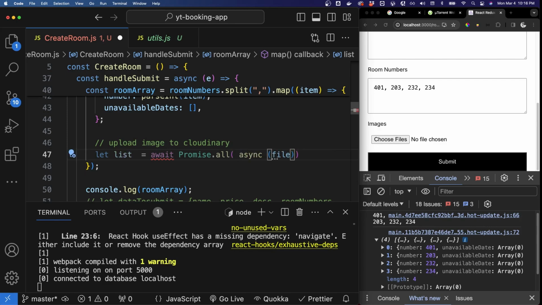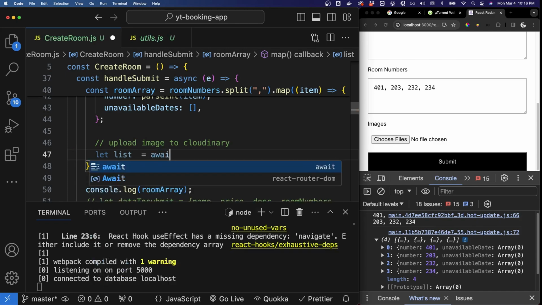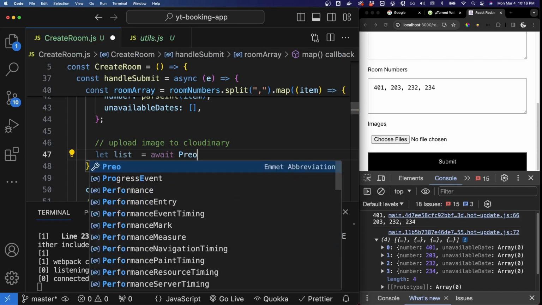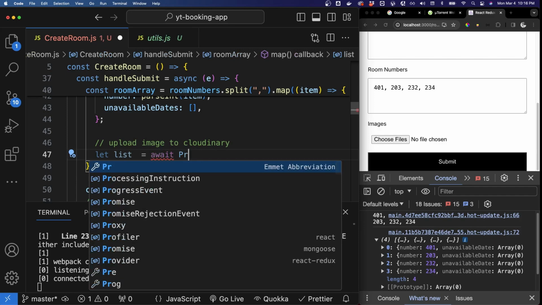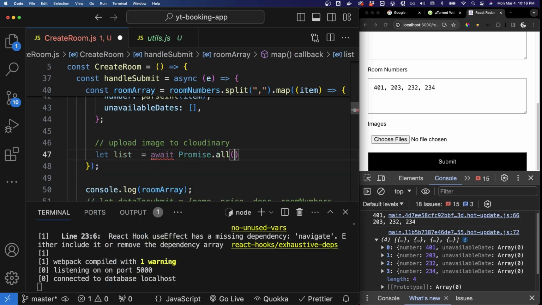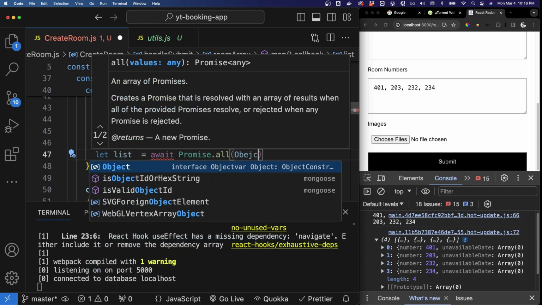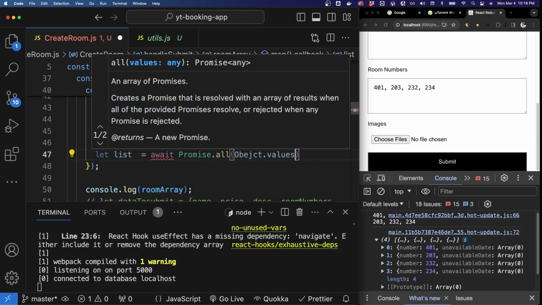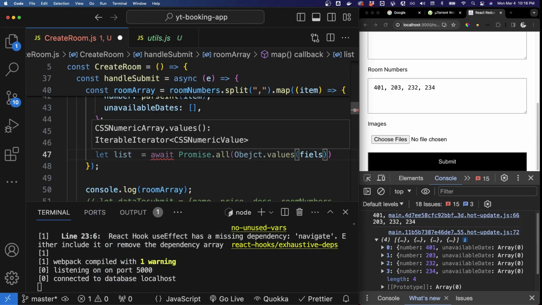Why is the await? See await Promise.all Object.values of the files,